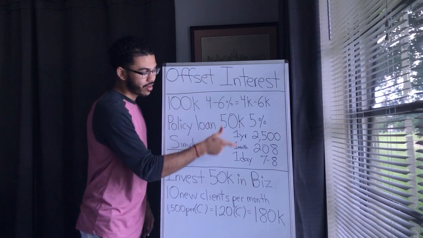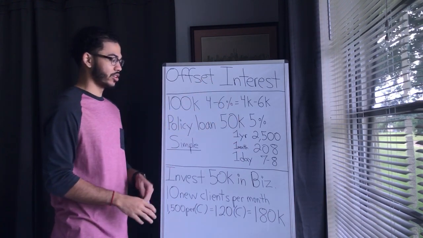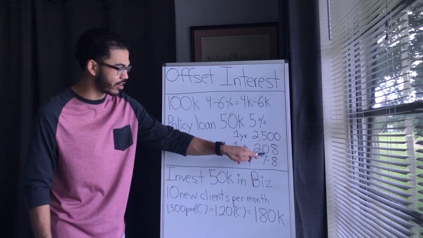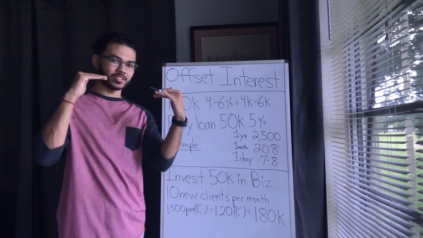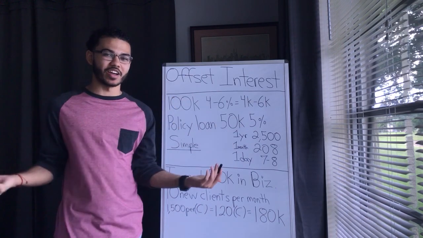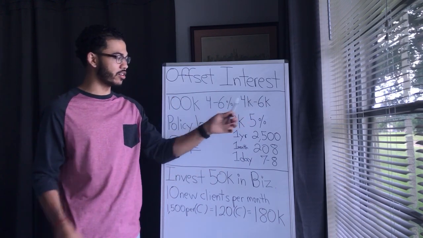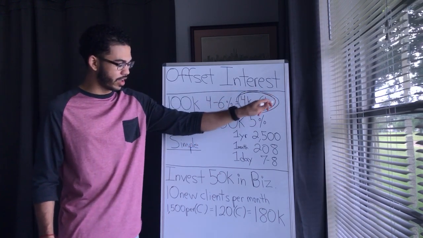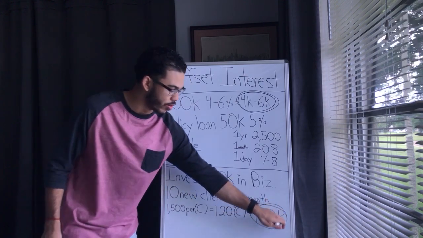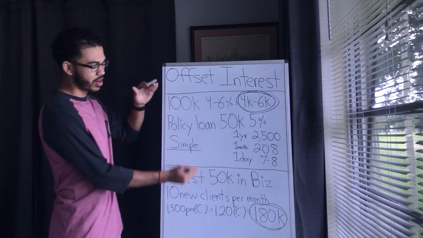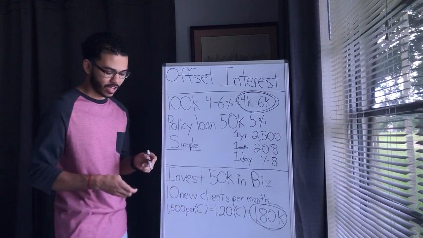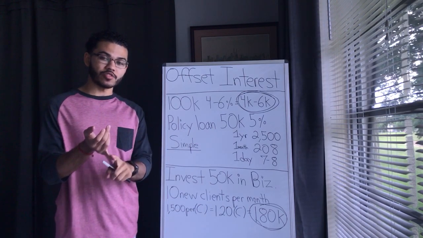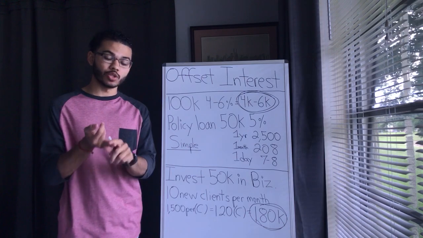And they never paid any interest to borrow the money, even though technically they're paying it right here, but it offsets as if they didn't pay a dime because they made money here, right? They made tax-free earnings here, and they made earnings here when they went and used the money. So they had money working for them in two places. And that's the whole point of this lesson, mainly, is offsetting interest costs and having money work in two places,